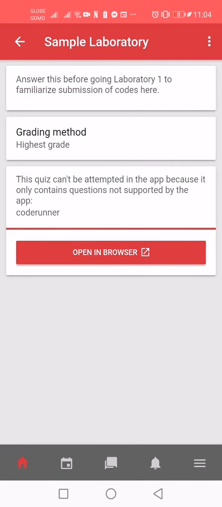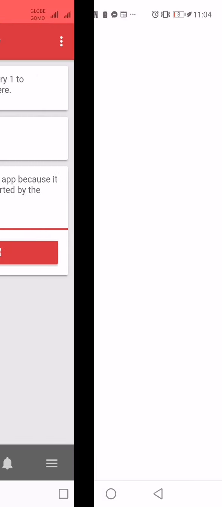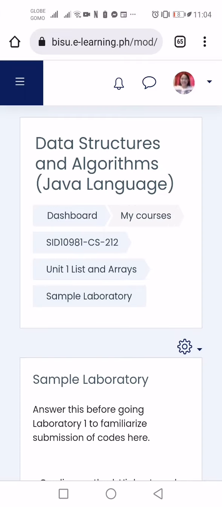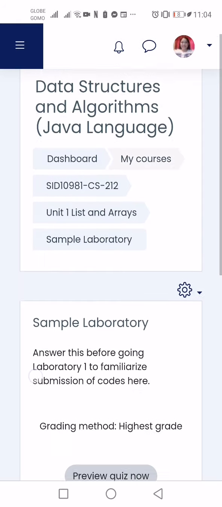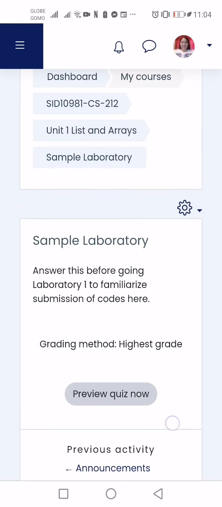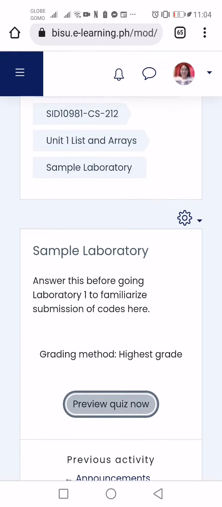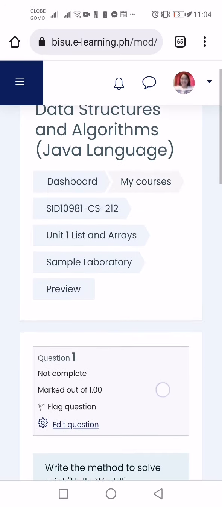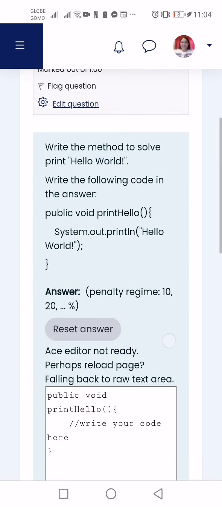So I will explain here your laboratory activity. You need to complete first the sample laboratory in order to open your laboratory activity number 1. So you need to open that in your browser and then preview quiz or attempt. In your case, you will attempt your quiz and then